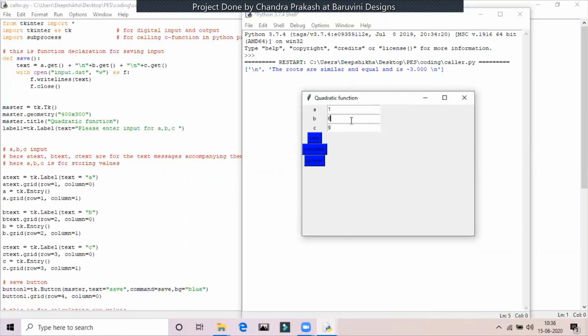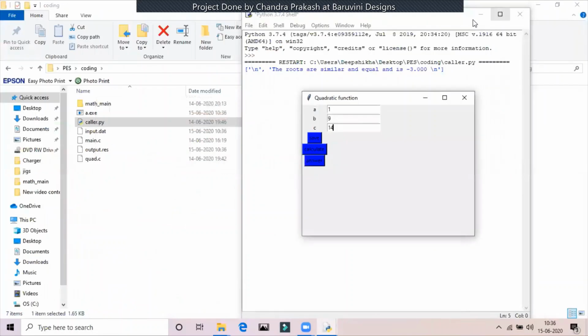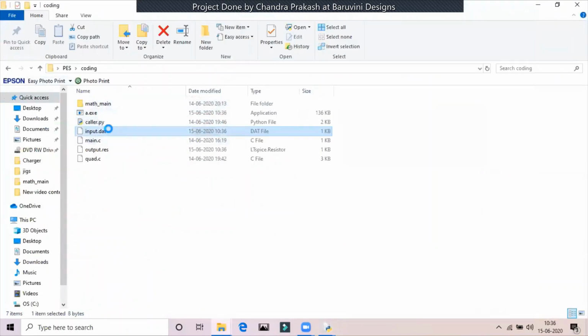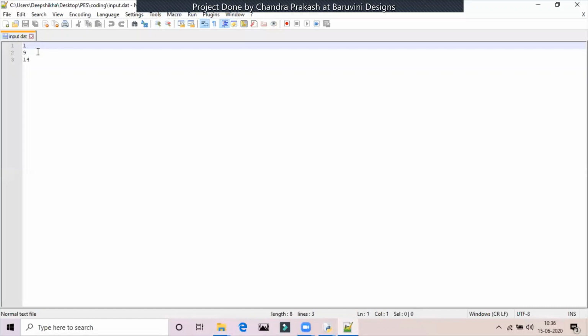So I'll take another input, 1, 9, and 14. Now when we press save, what is happening is that in this input.data file, the input that I have given is getting saved. So 1, 9, and 14, as we can see here.